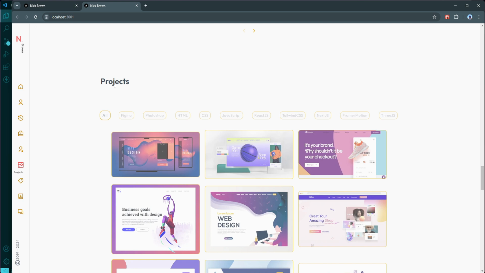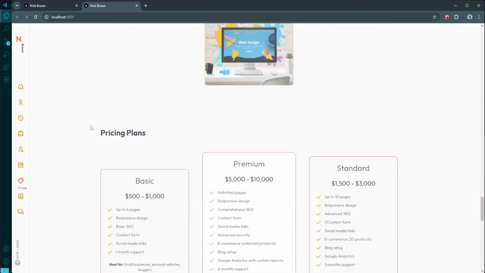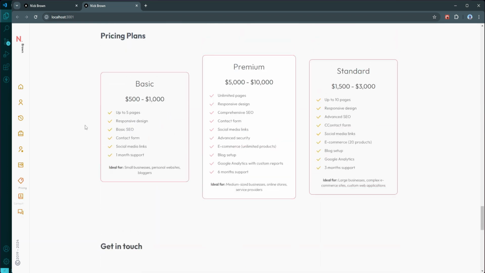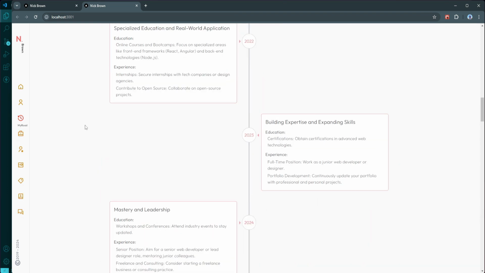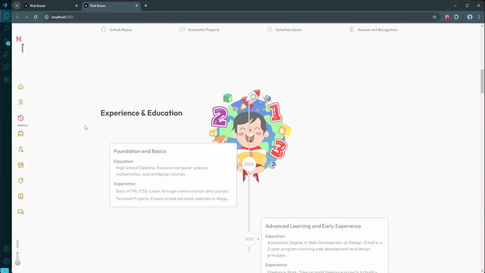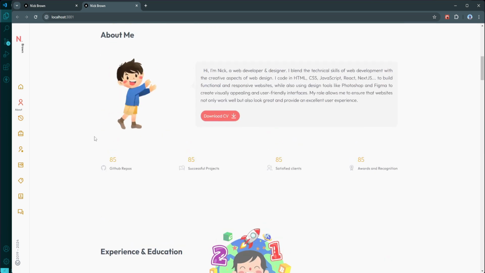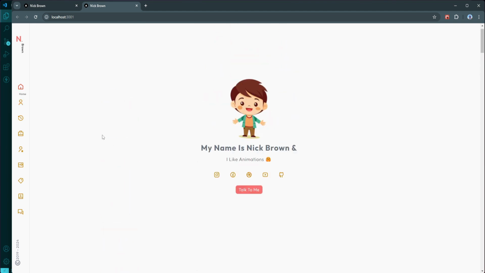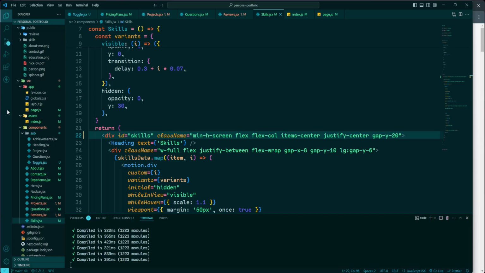So as you can see, project section looks good. Let's check other sections as well. So we have to change the position of this image in the experience section. As for other sections, everything looks good. Okay, so let's go to the experience